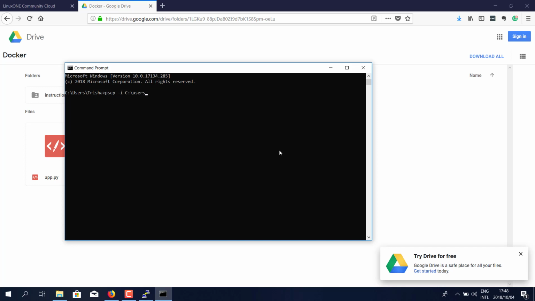For example, for me, the path is users Trisha documents Docker, and then you put in your key, so demo.ppk, then you do another space, then the path again, C drive, users, Trisha, documents, Docker, app.py, and then you do a space and go LinuxOne at